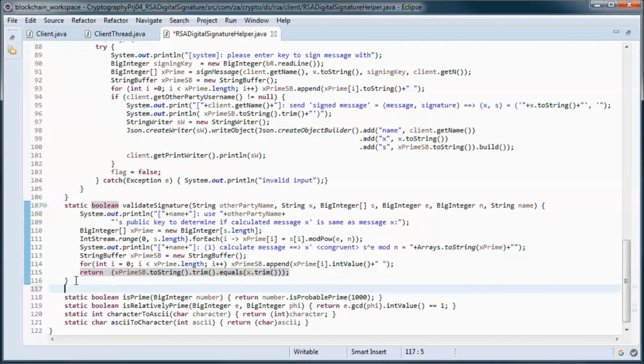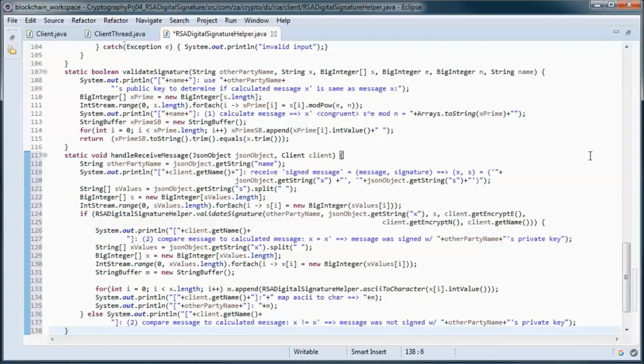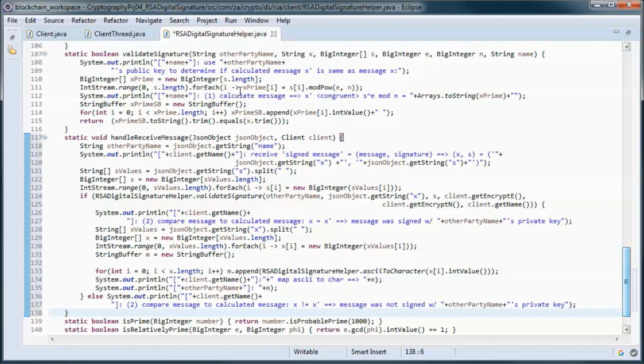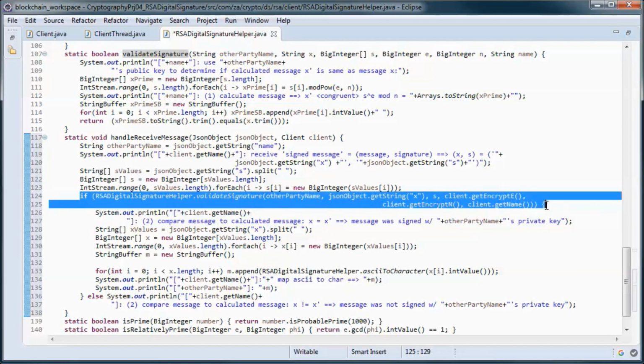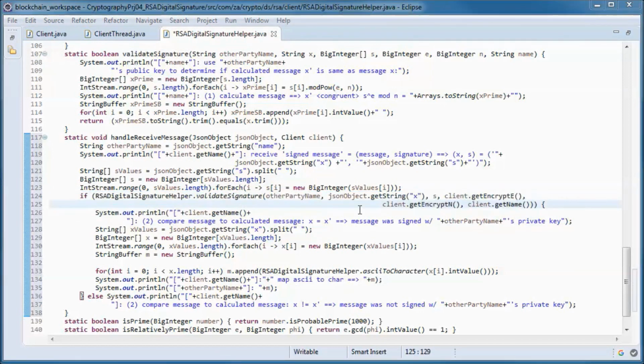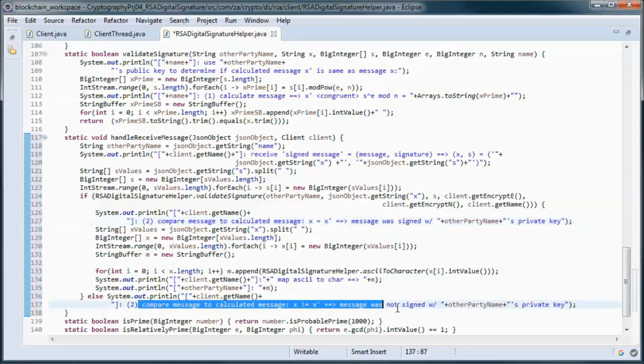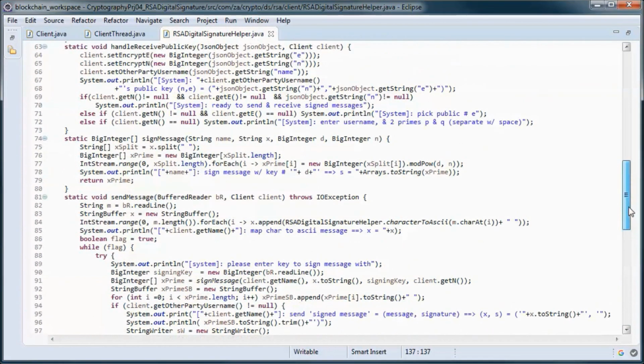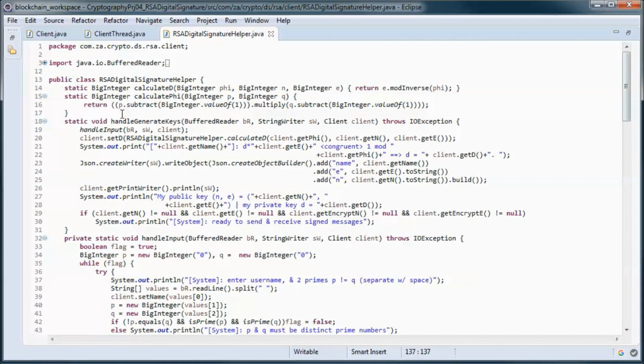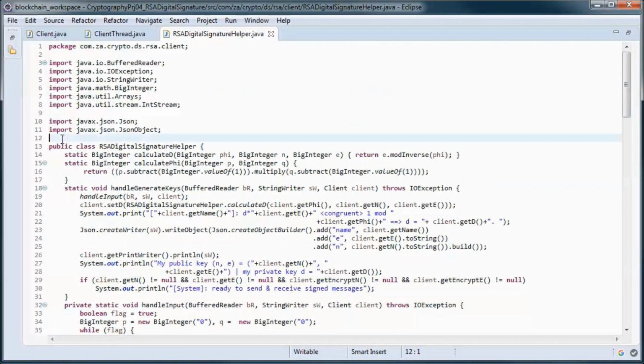And this method handles the receiving of messages, so it makes use of this method here, and we indicate if the message was signed with the other party private key or it was not. So this should do it for this class.